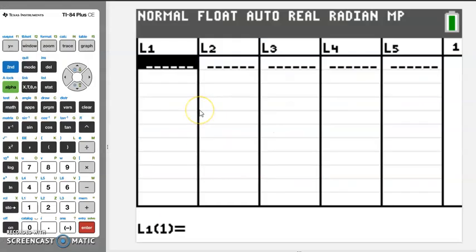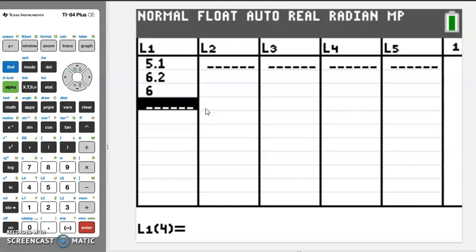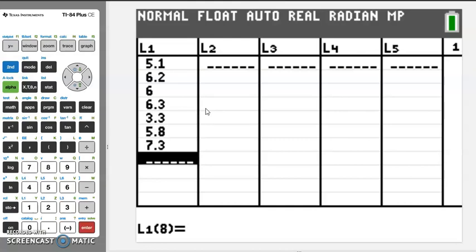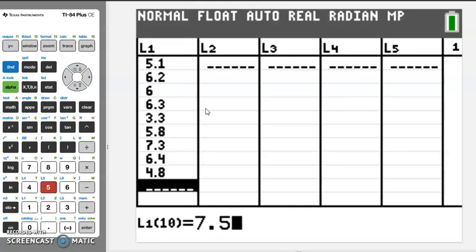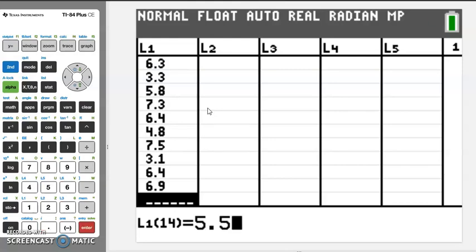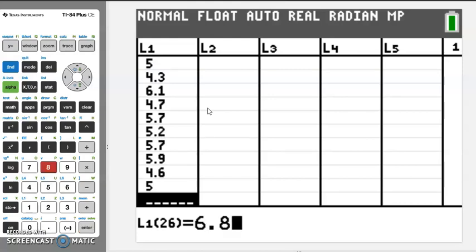We've got 5.1, enter, and we just enter the data: 6.2, 6.0, 6.3, 3.3, 5.8, 7.3, 6.4, 4.8, 7.5, 3.1, 6.4, 6.9, 5.5, 4.1, 5, 4.3, 6.1, 4.7, 5.7, 5.2, 5.7, 5.9, 4.6, and in the last column there it was 5.0, but you can just put 5,